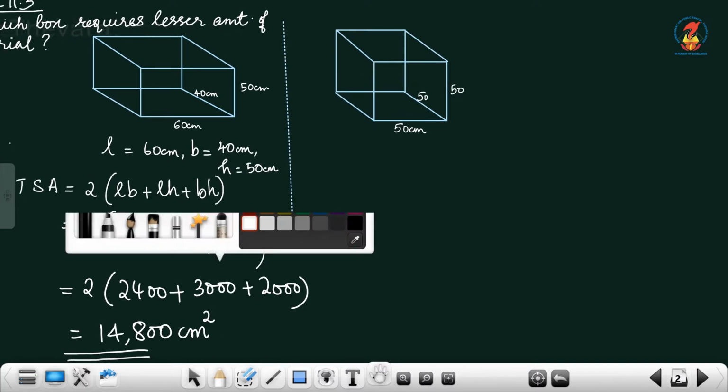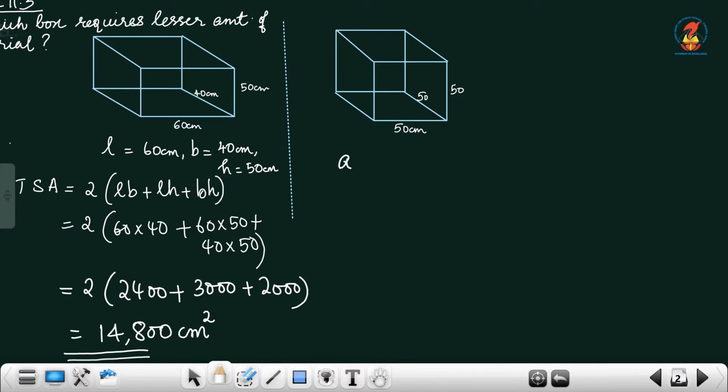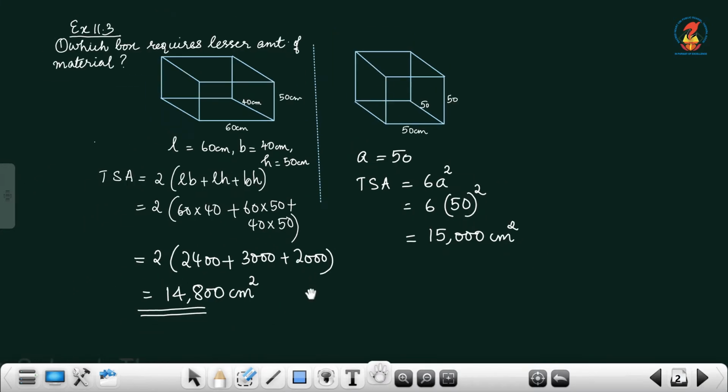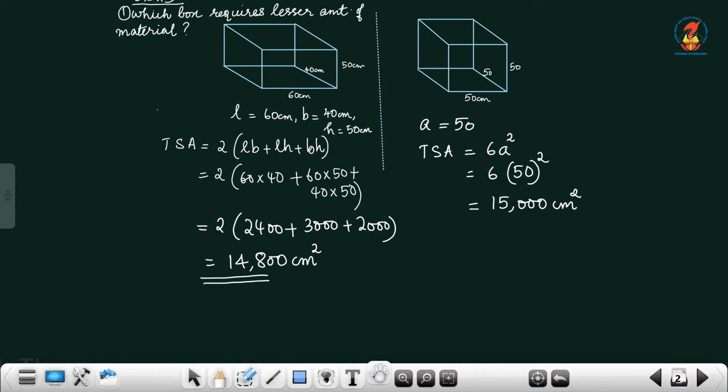Similarly, in the next figure also, length, breadth and height are equal. So it is a cuboid, so the cuboid will be cube. The total surface area of a cube is 6a square. 6 into 50 into 50. And you will get the answer after multiplying will be 15,000 centimeter square. Now you can compare both the TSAs and you can see that